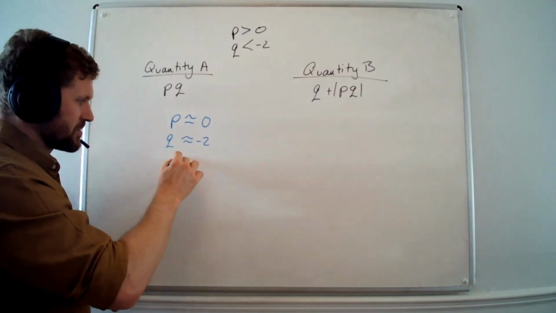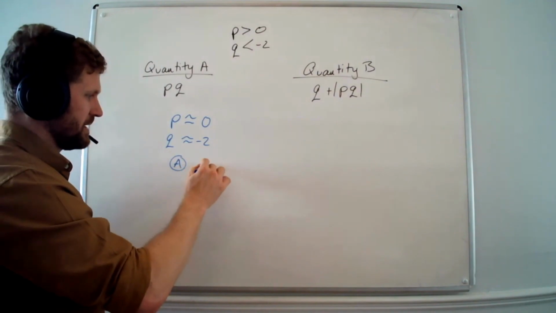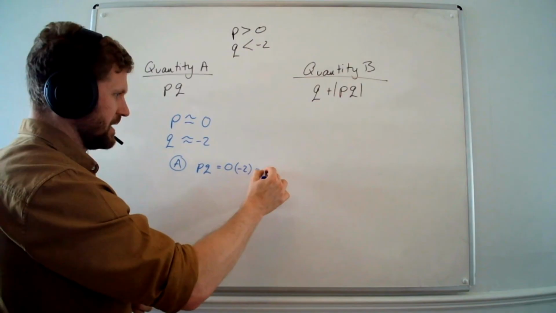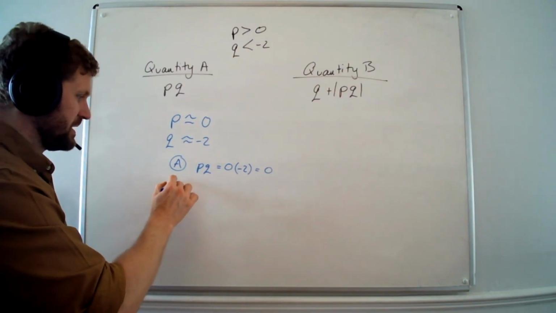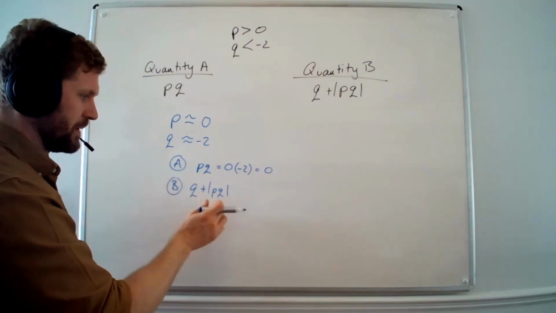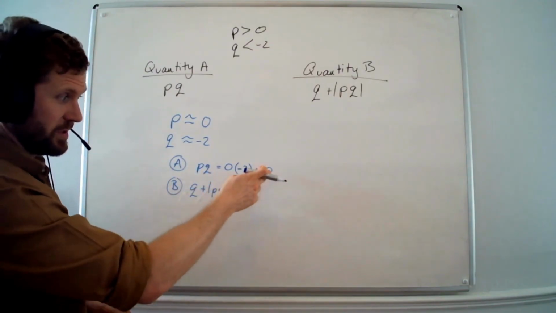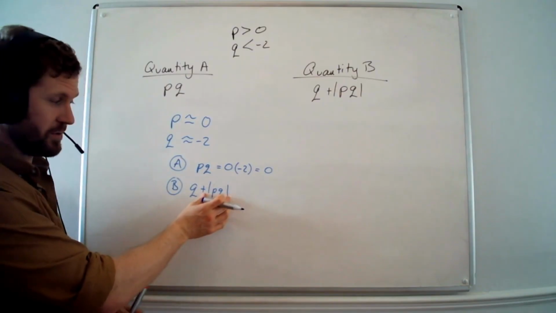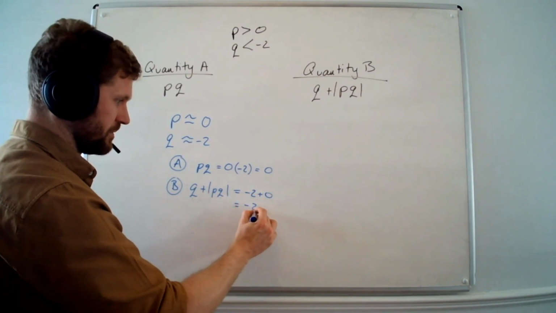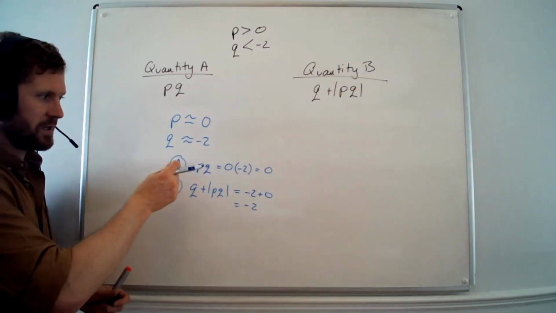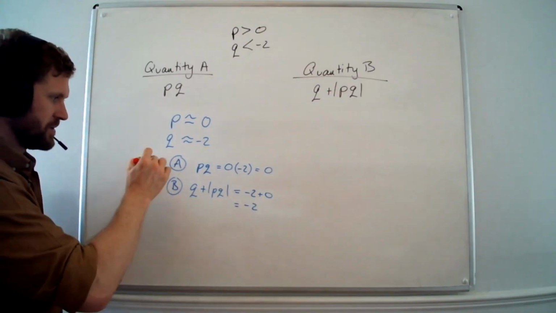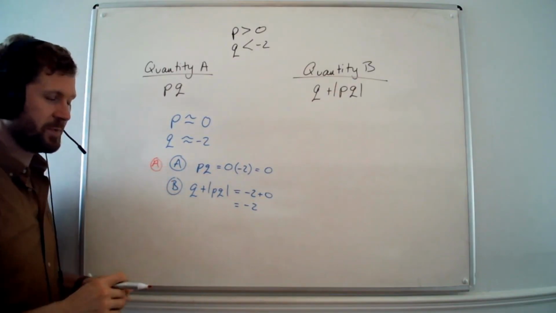And so in that case, quantity A, p times q, is going to be 0 times -2. It'll just give us 0. Quantity B is going to give us q plus the absolute value of pq. Well, pq we know is 0, so the absolute value of 0 is just 0. Q, we're saying, is basically -2. So in this case, pq is going to be bigger than q plus |pq|,